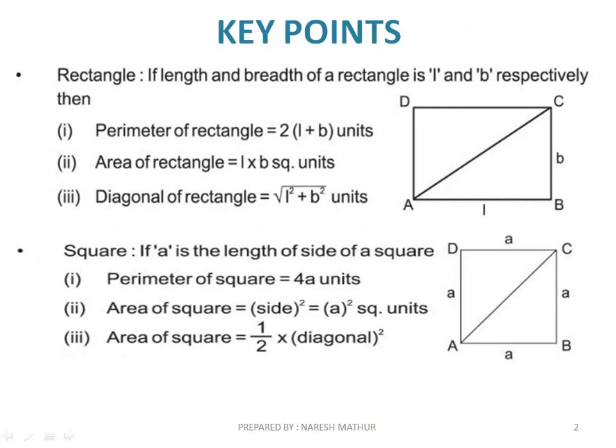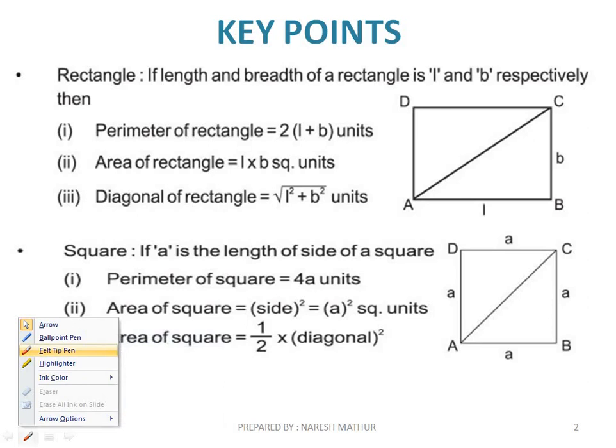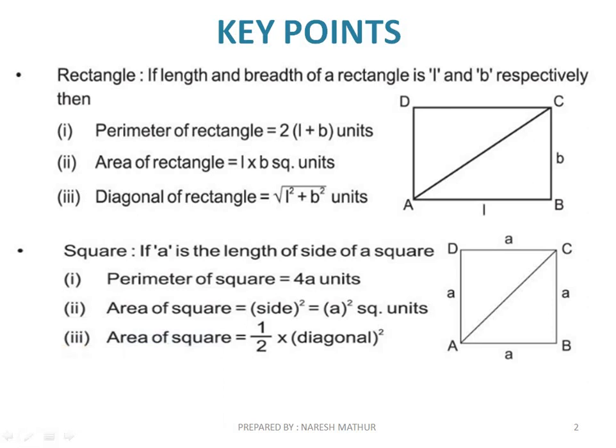Let's see. A rectangle: perimeter of a rectangle is twice of L plus B, area is L into B, and the diagonal of a rectangle is root of L square plus B square. We are using the Pythagoras theorem here only. Alright. And if you are talking about a square, the perimeter is 4 into side, area is side square, not